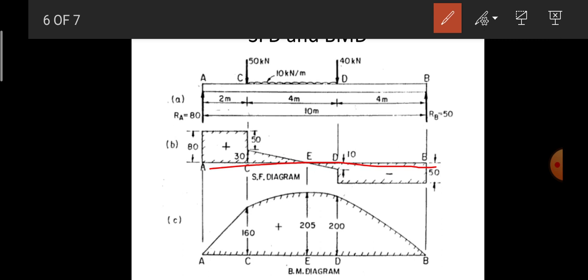So next is shear force at point C. So shear force at point C is nothing but 80 kilonewton. So we need to join that with the linear variation here. Why? Because the linear variation is for uniformly distributed load and step variation is for concentrated loads. So after simplifying all this we'll get the shear force diagram. So next is the bending moment diagram. So bending moment at point B is 0. At point D we got it as 200. At point C we have got it as 160.